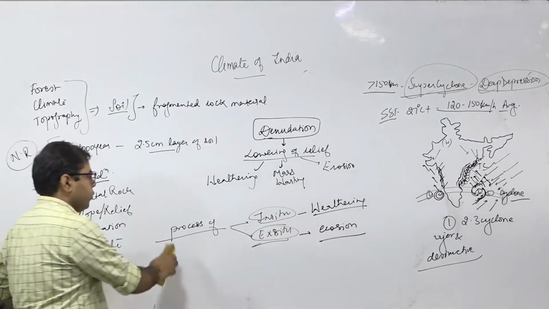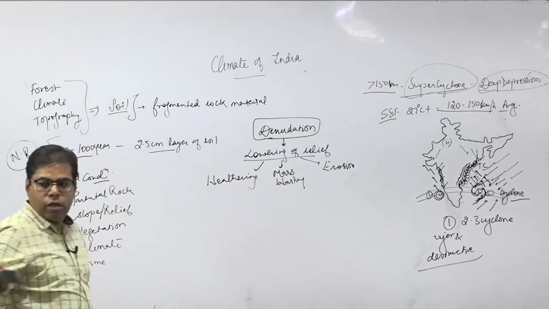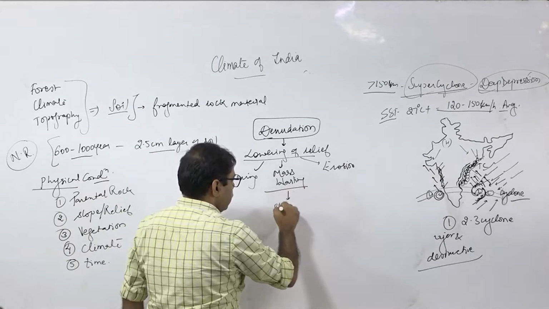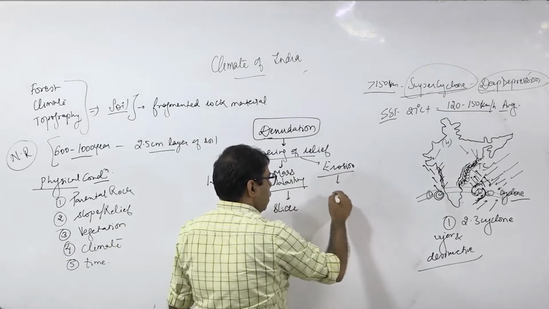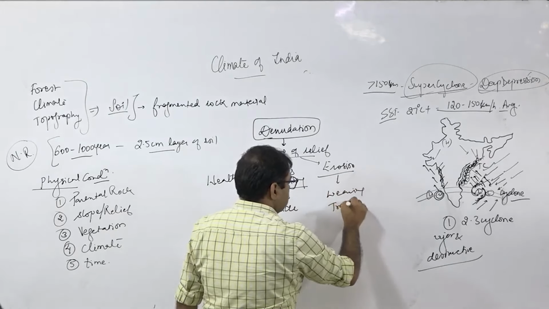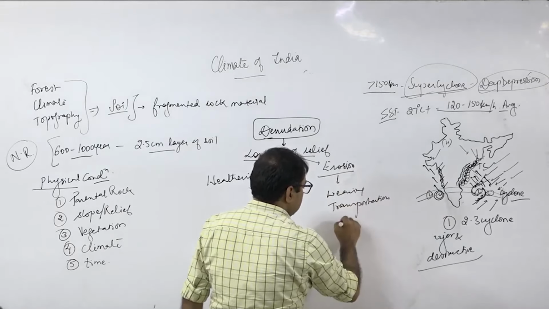Weathering is responsible for breaking the rock, right, and mass wasting is the sliding of the rock, and erosion is the wearing, transportation and deposition of the